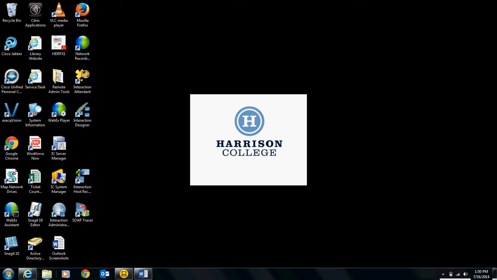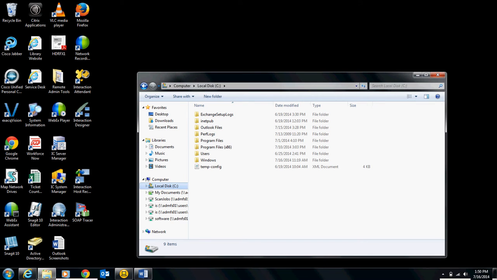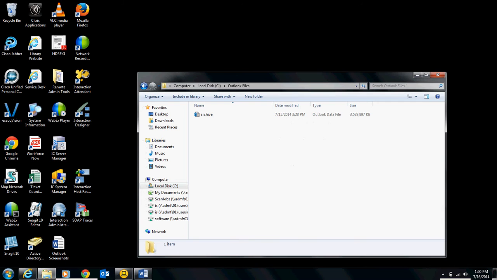So what I'm going to do is click on my Windows Explorer, and I'm going to go to C drive, and you should have a folder that says Outlook Files. If you don't have this folder, don't panic yet, because we have another way that we can look for these archive files. So from here, I'm going to go to Outlook Files,